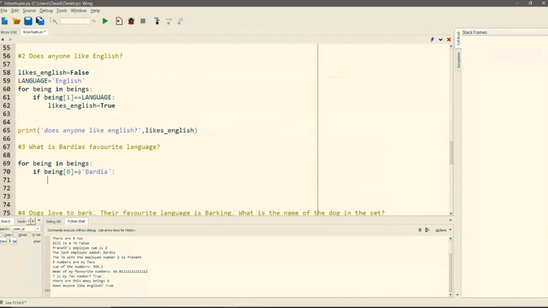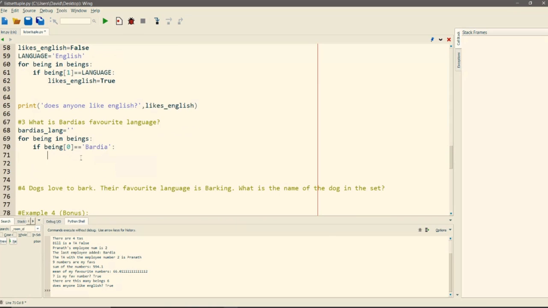Well, it's perfect for us to add a variable right above it. So what we're going to do is we're going to say, here we go, bardia_lang, and that's going to be for language, and we're just going to assume it's nothing. Until we know, there's no point of assuming.